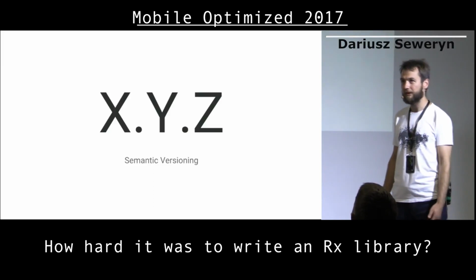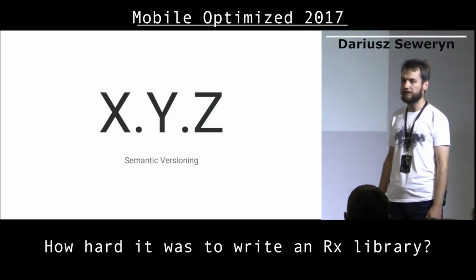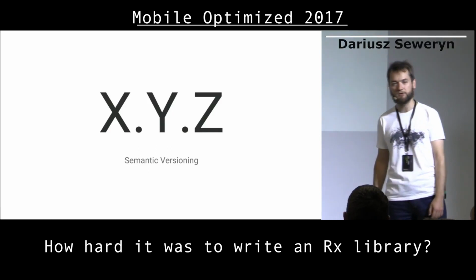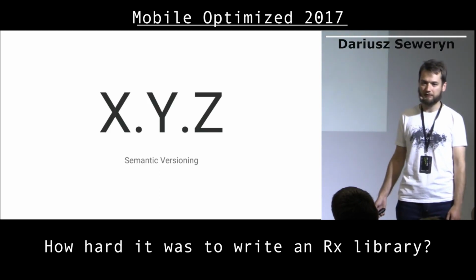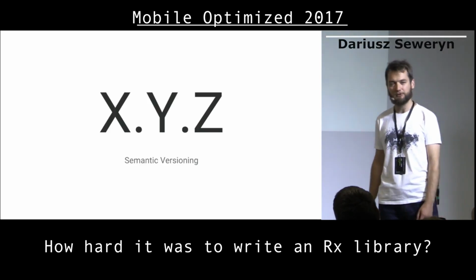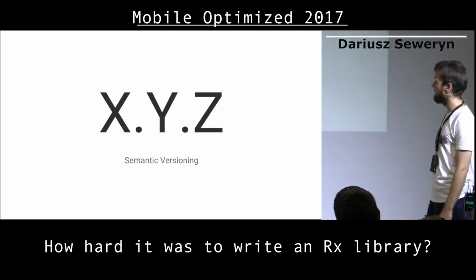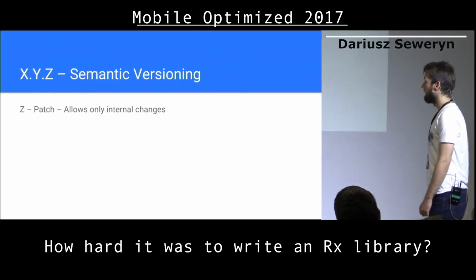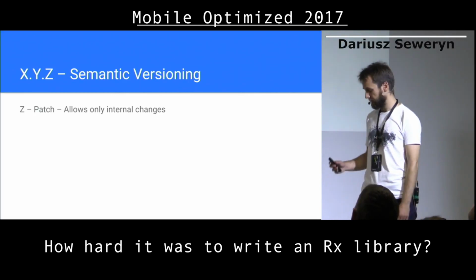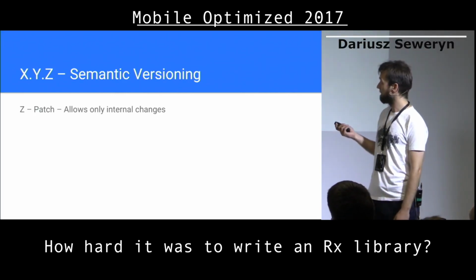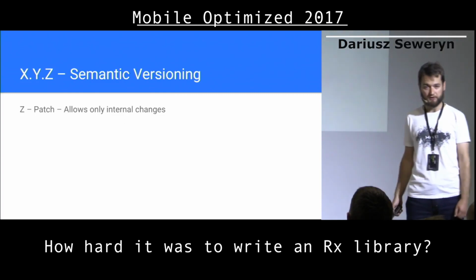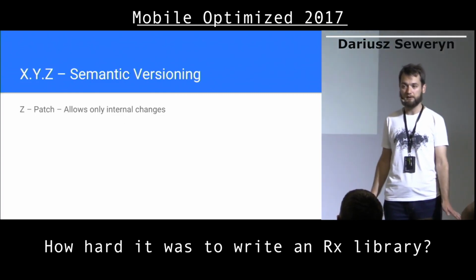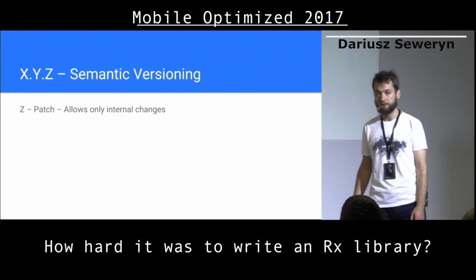When I started, I didn't really pay attention to that. And sometimes I had situations where I updated libraries that were only patched, and I needed to change the API. Not really convenient. Okay, so what can we do with semantic versioning? Semantic versioning consists of 3 parts: the major version, minor version, and the patch version. On the patch version, only implementation changes are allowed. Nothing in the API should change.